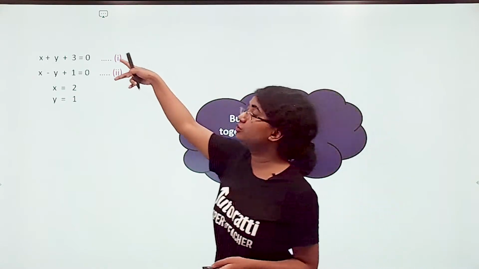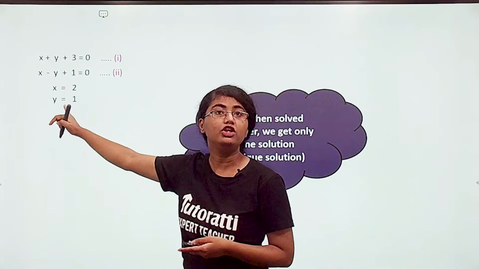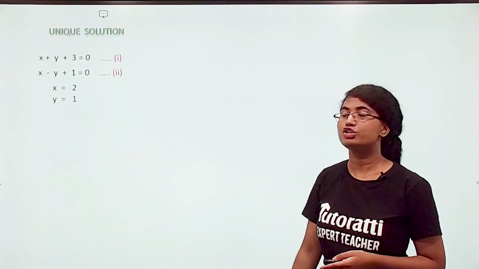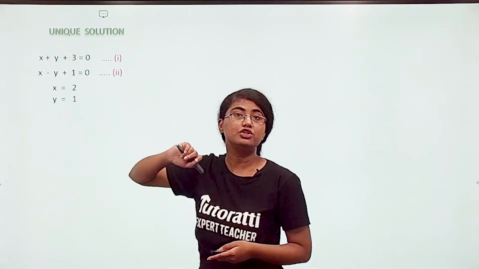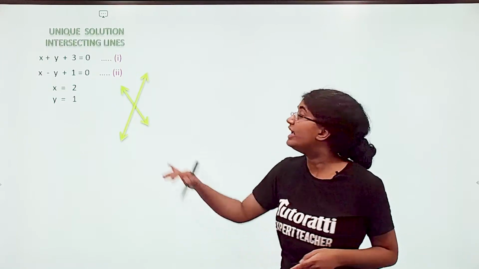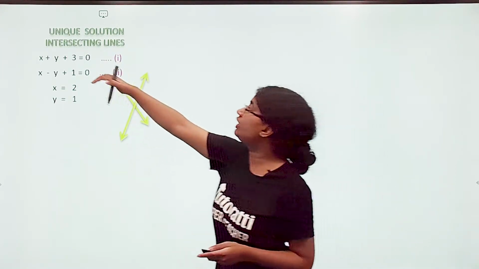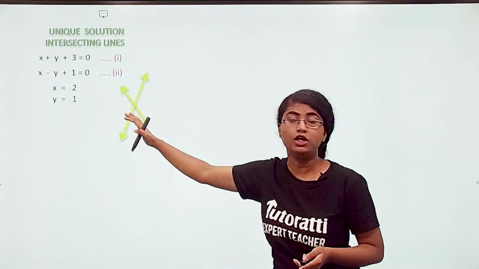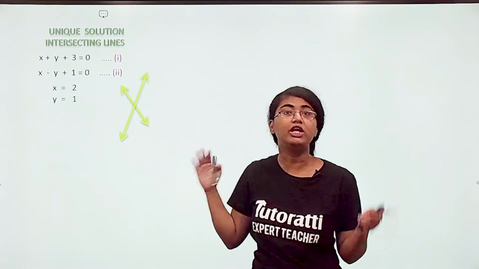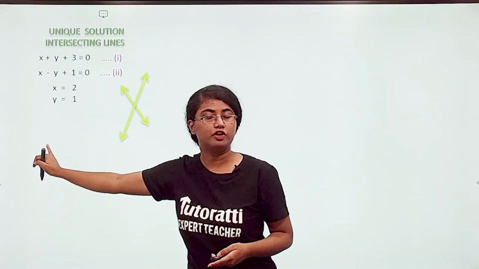But when we take the two different equations simultaneously, we obtain one unique solution. So here we'll say that the solution is unique. If you try to represent this graphically, what will you get? Intersecting lines, right? We have studied this in the graphical method. One equation represents a line. If you have a unique solution, that means these lines are going to intersect in one point, and this point is your solution, right?